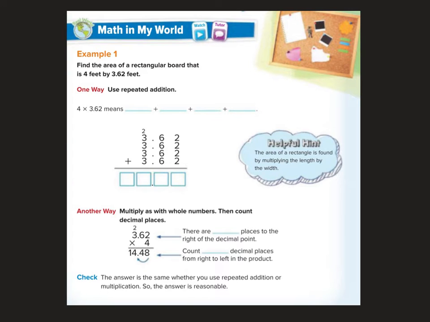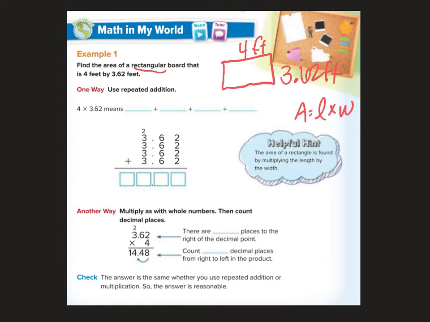All right, here we have example 1. It's telling us to find the area of a rectangular board that is 4 feet by 3 and 62/100 feet. If I was drawing this out, it is 4 feet by 3 and 62/100 feet. To find the area, we know we need to multiply length times width. So if I'm saying 4 times 3 and 62/100, that would mean, if I was going to do repeated addition,